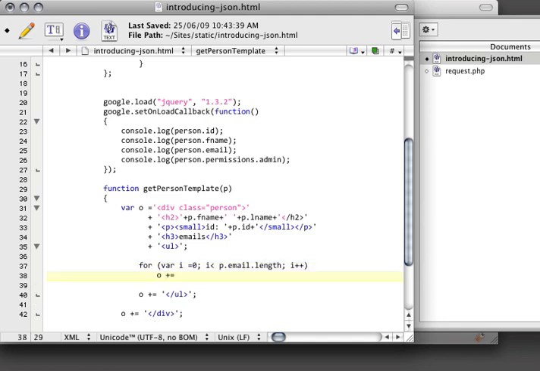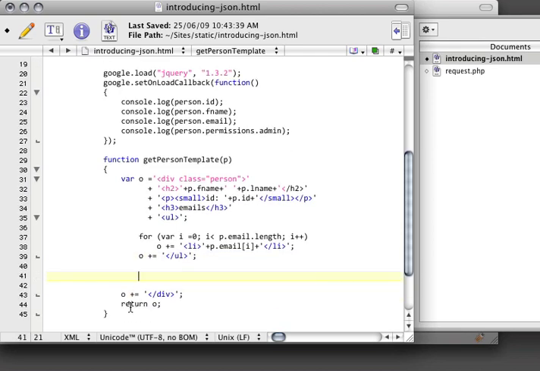and then we will concatenate this with a list item, and in here p.email, and then we can grab the index of that email and then close that list item. And then lastly, we need to be looking at our permissions. So here I am just going to create